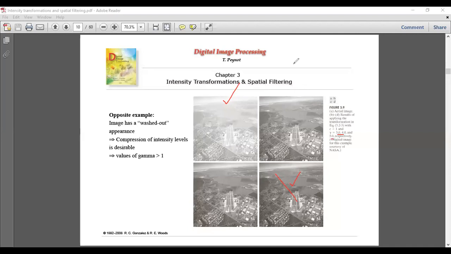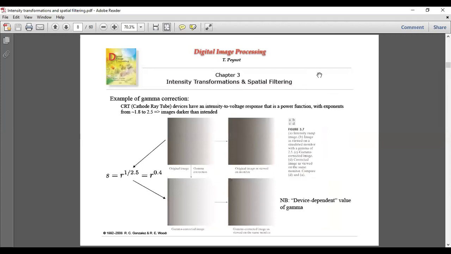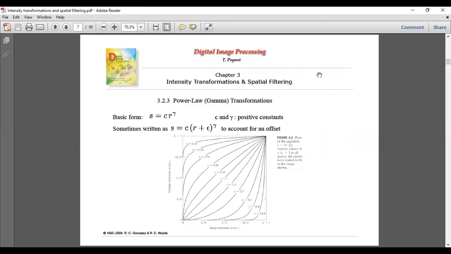Wait a second, what was the expression for gamma? Let us go back. The expression for gamma is here. Look and see, the expression for gamma is this one. Gamma greater than 1 tends to compress the low intensity values. When things were washed out, everything was looking whitest white.